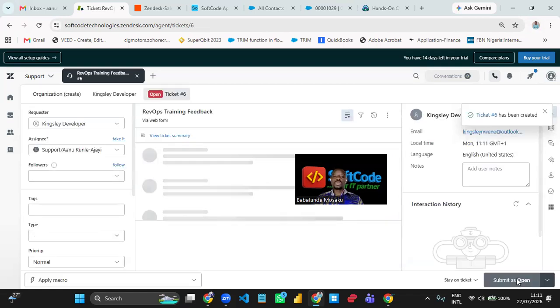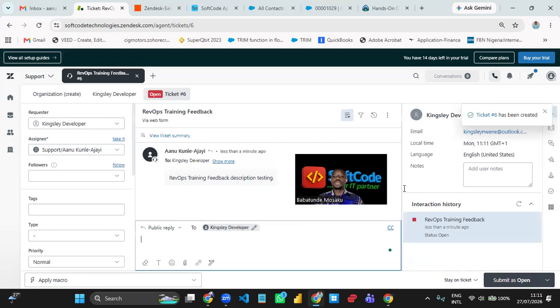Now that it has been submitted, if you check your mail, Kingsley, you should have received another mail. Have you received it? Yes, the first one I didn't get anything for, but for this recent one, I got. Okay, fantastic. So it says something like Softcode Technology created a ticket for you, blah, blah, blah, right? Okay, great. All right, so